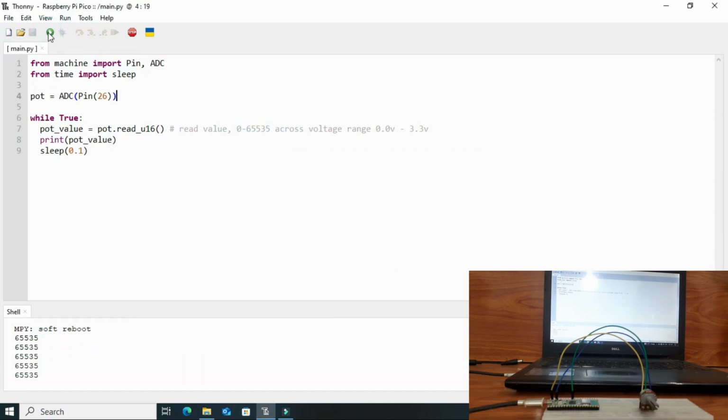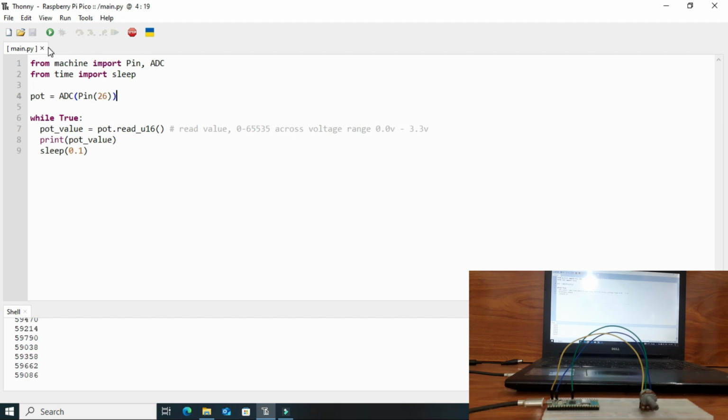Now run it. Now when you rotate the potentiometer, the value will change and be displayed on the serial monitor.